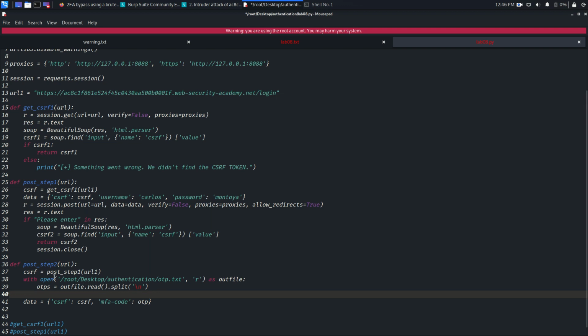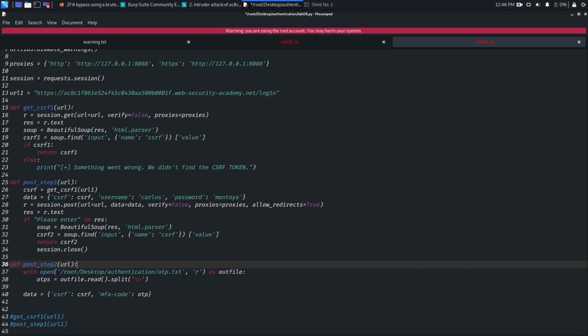One more thing we can do is put this value up here and take this value from here, because every time we need the new CSRF value. So I'm going to put it here, and before this